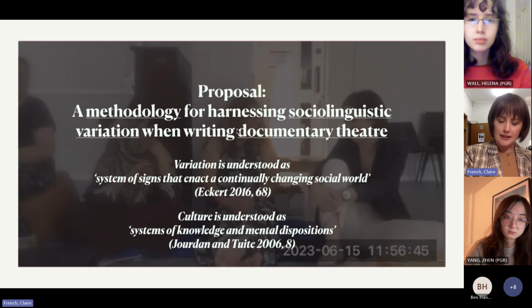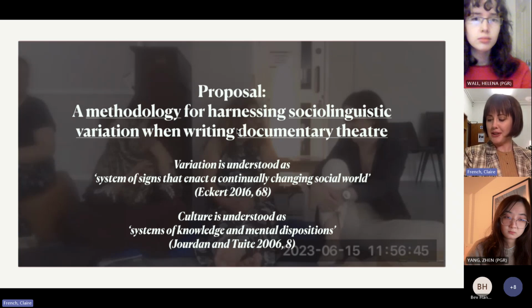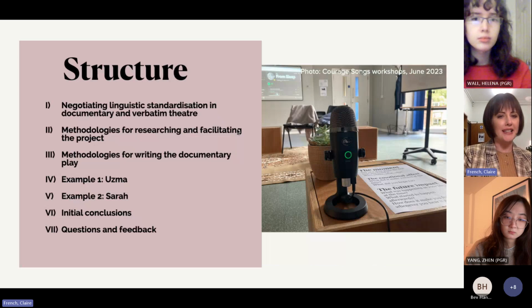And thus, principally, I show how performativity and variation can contextualize knowledge within a performance making project. My methodology for harnessing variation when receiving the testimonies live, then listening to them, transcribing, adapting, and editing them into a play is driven by my memories of this performativity, which I will describe in more detail a little later.